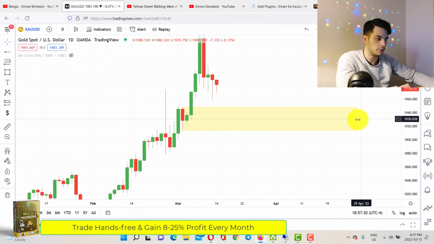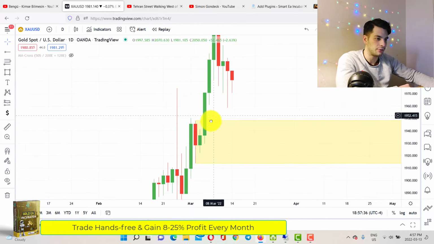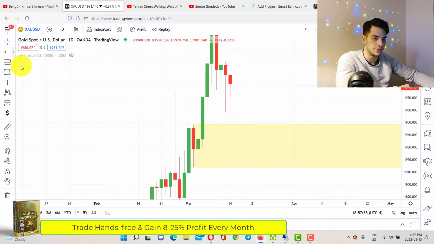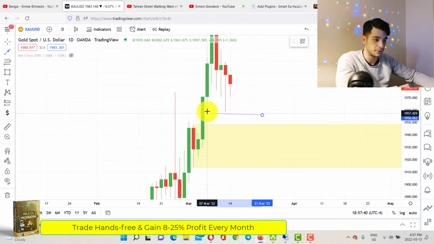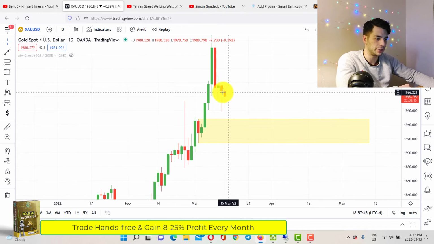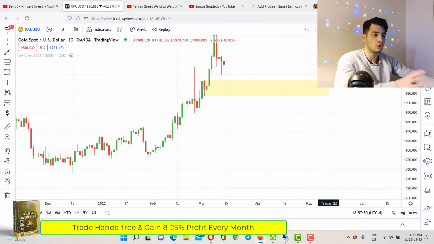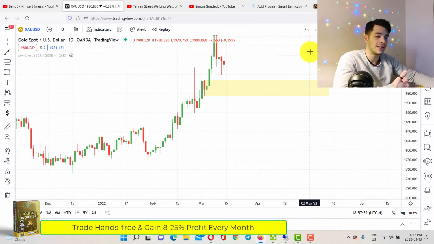So this is a high probability demand zone that we can just kind of target, because we had a candle that shot up, and then the next candle after that never tapped into this zone. So there's actually a space from here to here that needs to be filled in. But I feel like the price wants to tap into this level and then take a sell position, then take a buy position. But I personally don't trade gold, and the reason is that I'm using Gold Ea